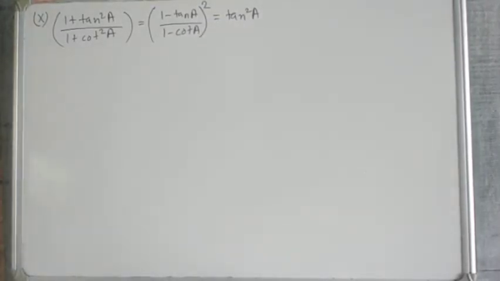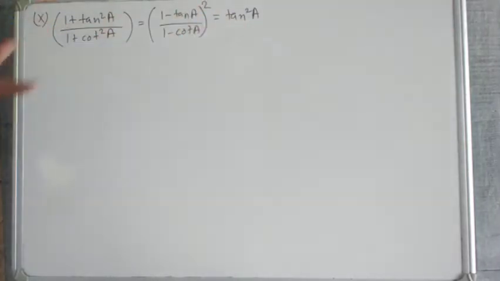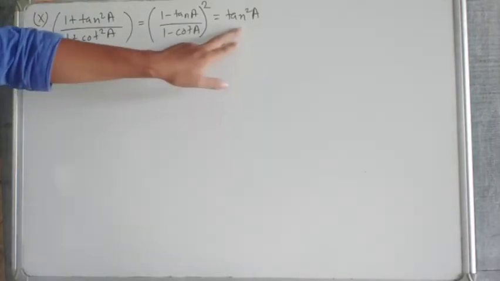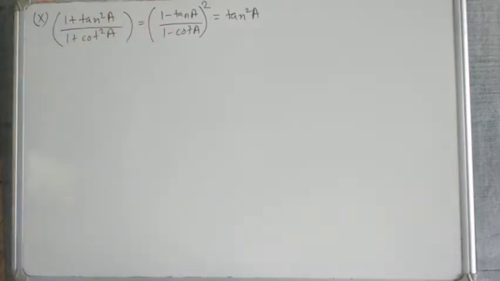Now suppose you have to solve this one equal to this one equal to this one. Anyway, we can do it. What I will do is prove this question to tan square A, and this question also I'll prove to tan square A. That means all are equal. That way it will be equal. Understand now? So first we will take this one.